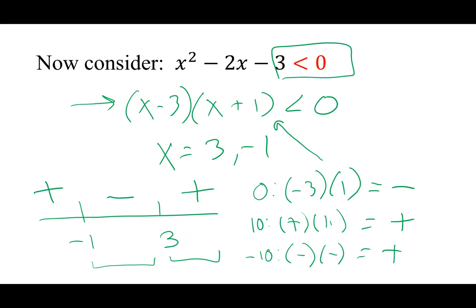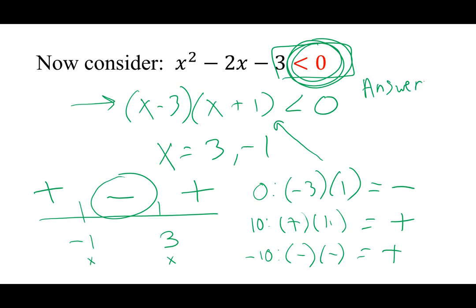After you have chosen one value from each of the test intervals, you now have to interpret it in terms of what the problem is asking. So this is asking for all the values of x, all the locations where the graph is less than 0 only. So that means you are not going to actually include the critical values. You're not actually going to include -1, and you're not actually going to include 3, but you are going to include everything that's in an interval less than 0, which means everything between -1 and 3,